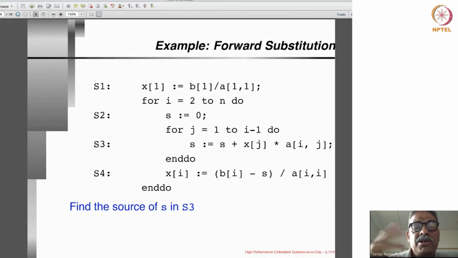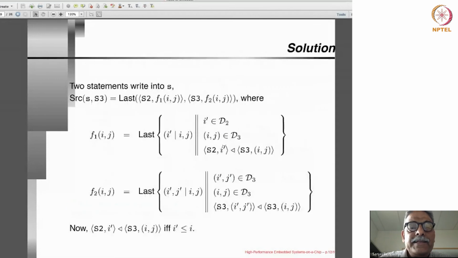So let us consider each one of those candidates one by one. Okay. So the source of the variable, the reference S in statement S3 is the last one out of these two candidates, two possible solutions, and it is the